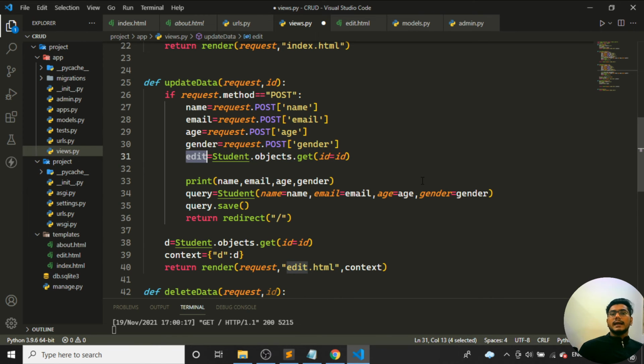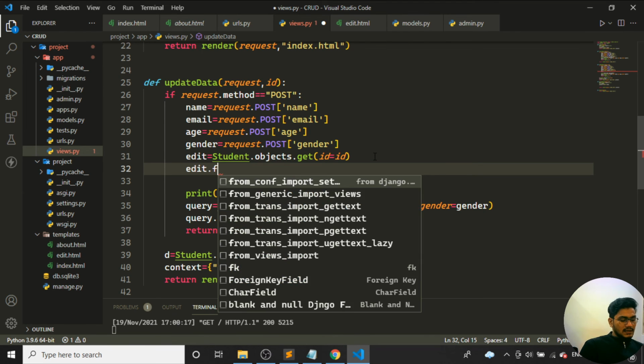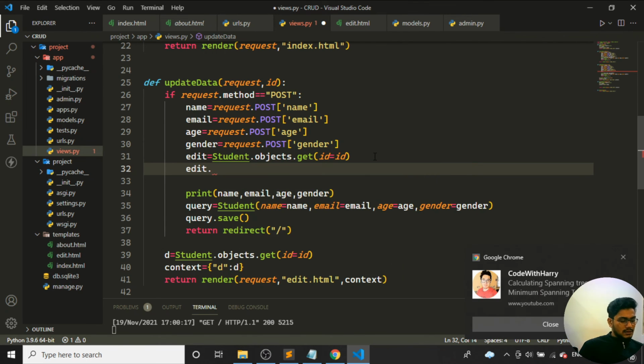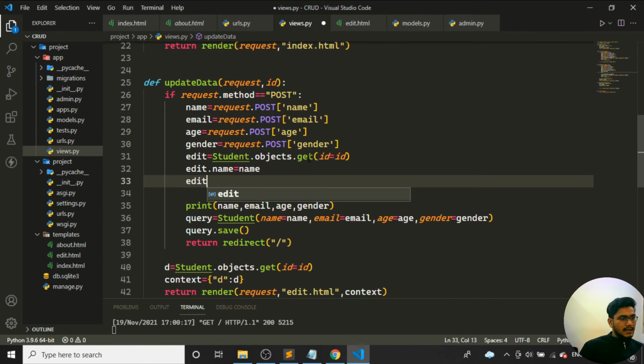With this particular get id, I can apply one thing. Whatever the edit is, I can say edit dot name. With edit dot name, I'll say edit dot name is equal to name. Whatever name I'm getting, I want to save it.